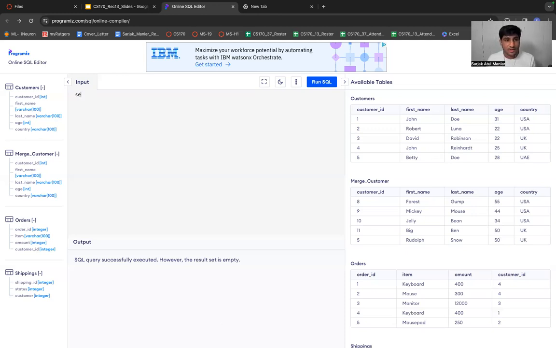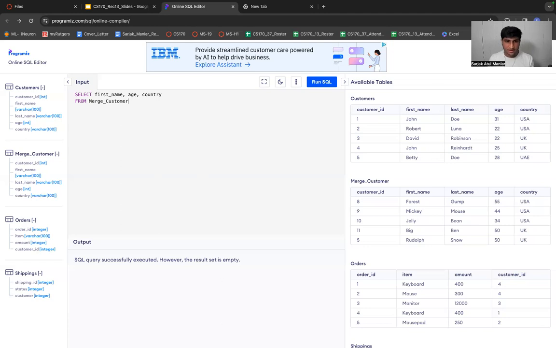Now, let's say if I want to see some of the records, I can write select. Of course, our select keyword. I just want the first name, and after that, I just want the age and the country. And I can write it as from merge customer.